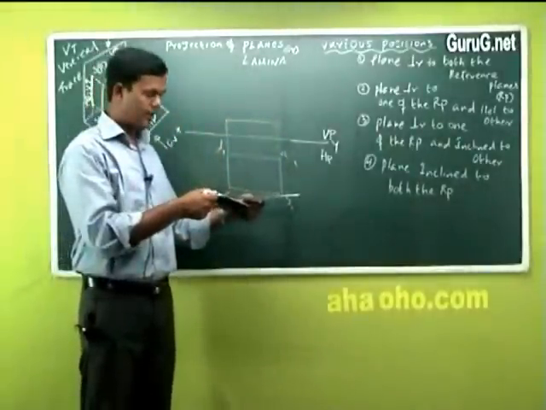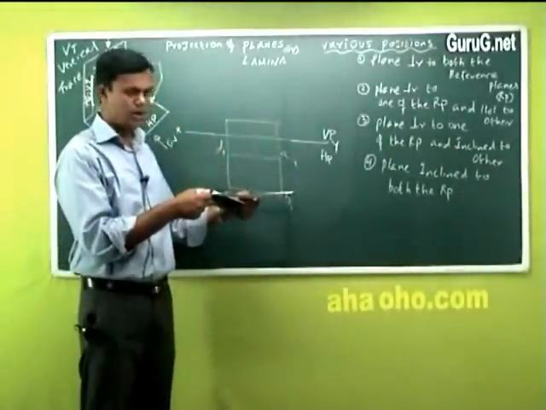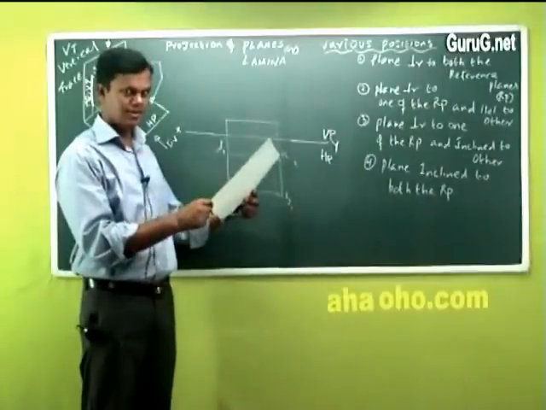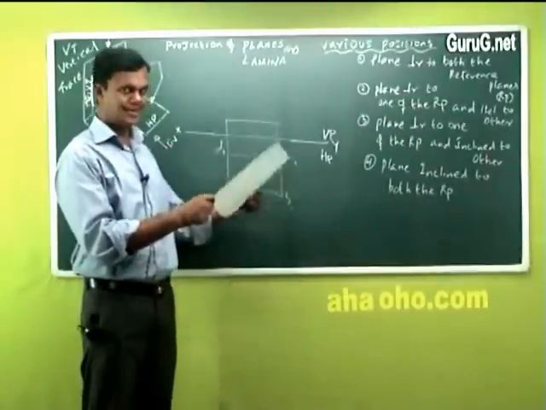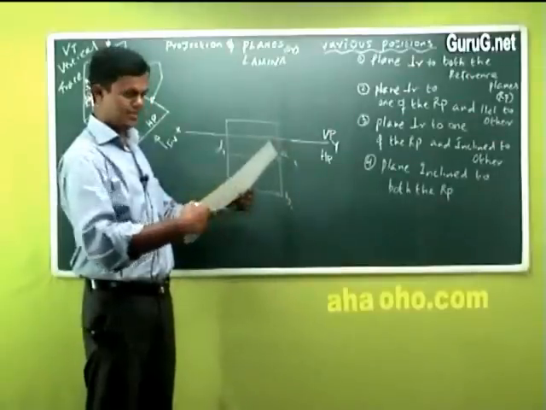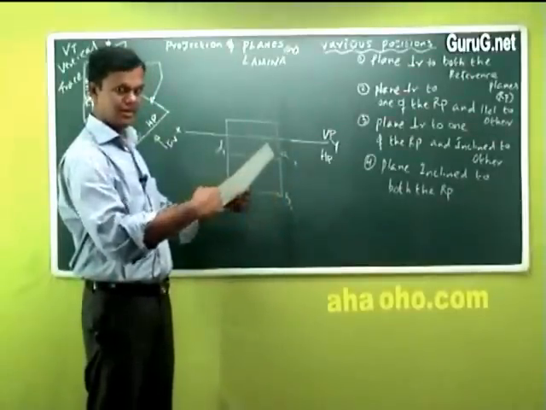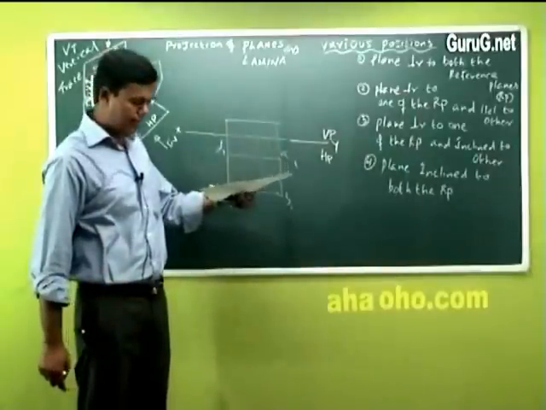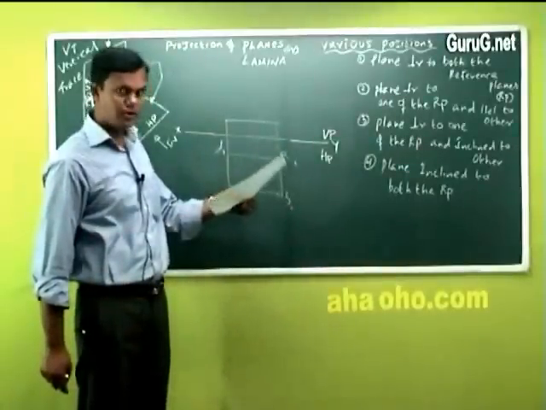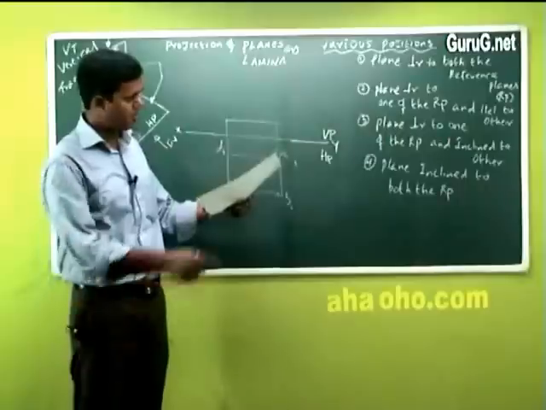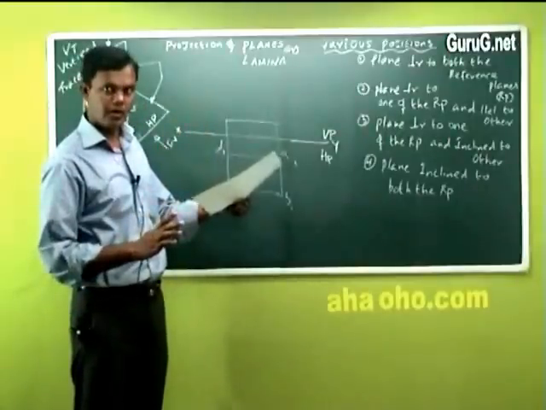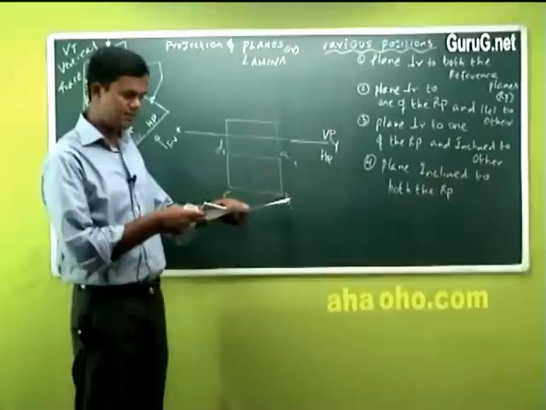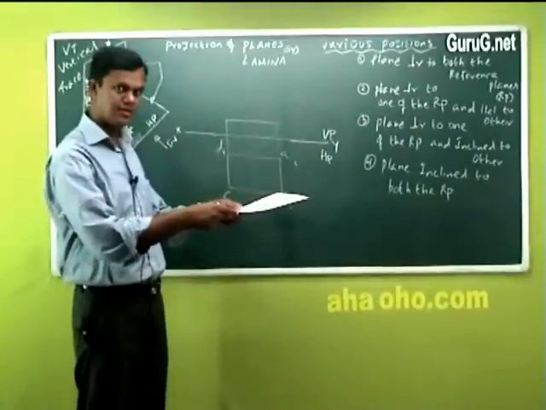So, when I tilt it, it is inclined to one plane. How to make the inclination? Either I can tilt it like this. If I tilt it like this, this is a straight line, and this inclination you can draw in the VP. I mean, I am making it parallel to HP and inclined to VP. That's the option given. And other possibilities, you keep it like this. Instead of this tilting, you can tilt like this.